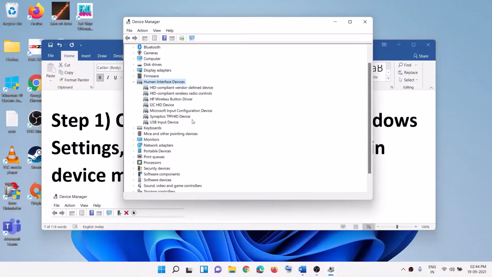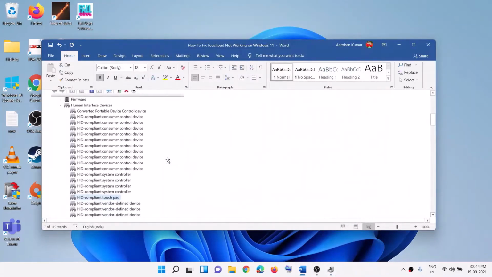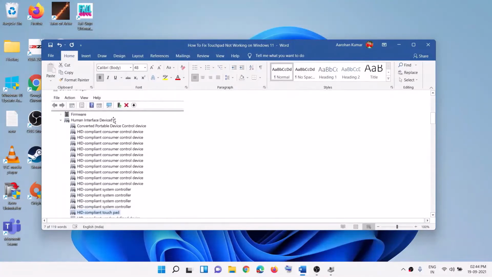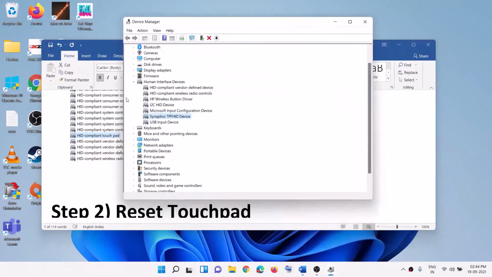In my case, the touchpad driver is this one, that is Synaptics TPF HID device. In your case, it might be some other device. The name of the device may be something different. In many computers, you will find when you expand human interface devices, you will see HID compliant touchpad. So it may be HID compliant touchpad or it may be some other name. So find your touchpad device and then make a right click on the touchpad device and then make sure this